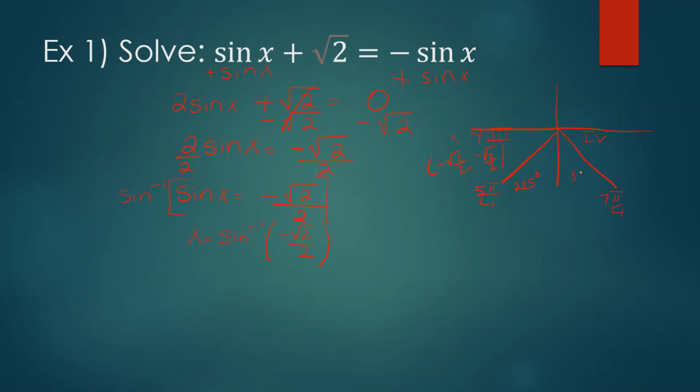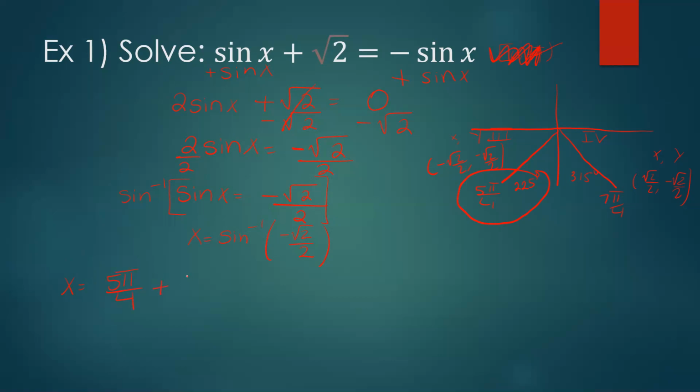7 pi over 4 is the same thing as 315 degrees because it has a coordinate of positive radical 2 over 2, comma negative radical 2 over 2. Remember, sine is the y value. They want all the solutions because they don't give you boundaries. Usually if they give you a boundary, it's like 0 to 2 pi. They don't, so they want all the solutions. For this part, there are two answers. One of the solutions is going to be x equals 5 pi over 4